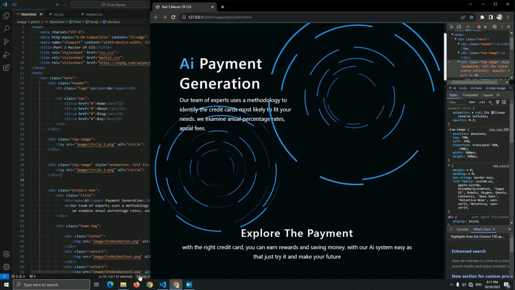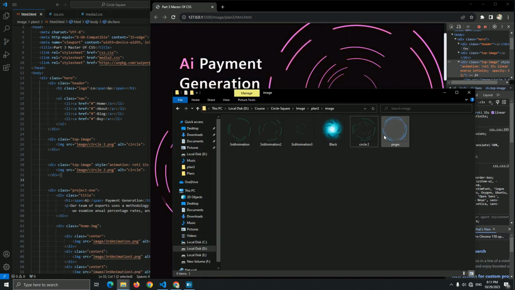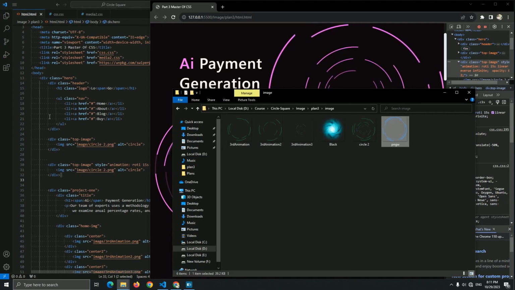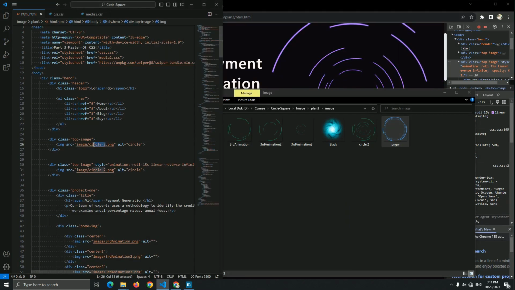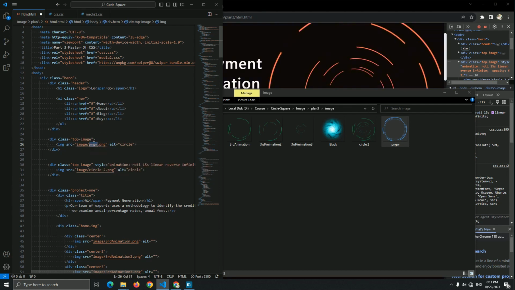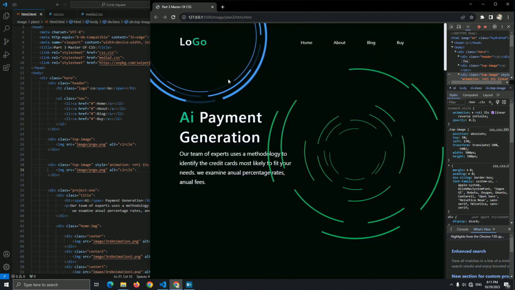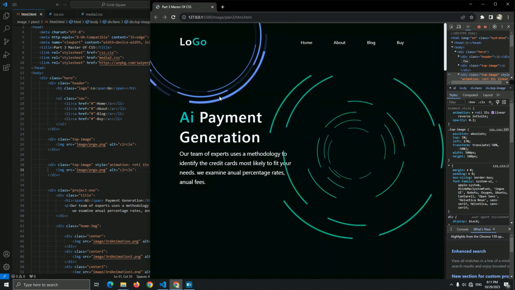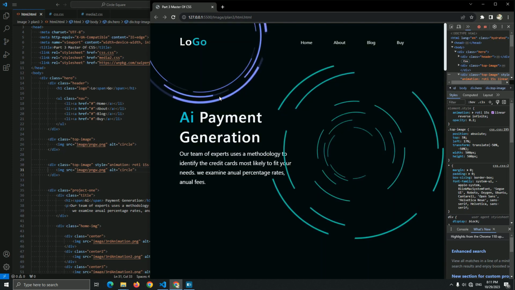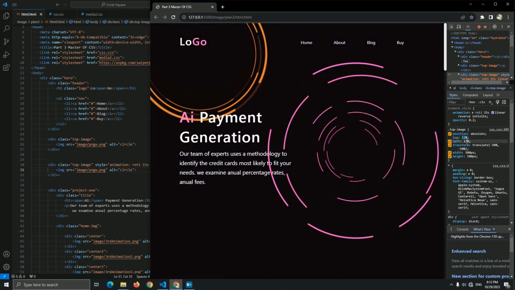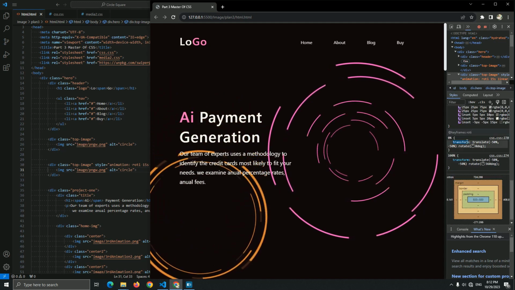But for example, if I choose this original image that I have here, it's a real center. Let me show you what I mean by this. This is the original image. And as you can see, this is a real circle that has the same width and height inside of this PNG, and you get this beautiful animation. And yes, as you can see, this is a better animation.